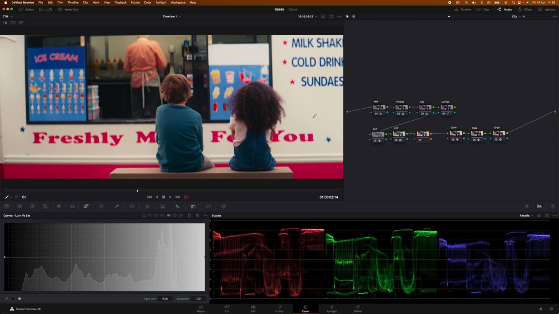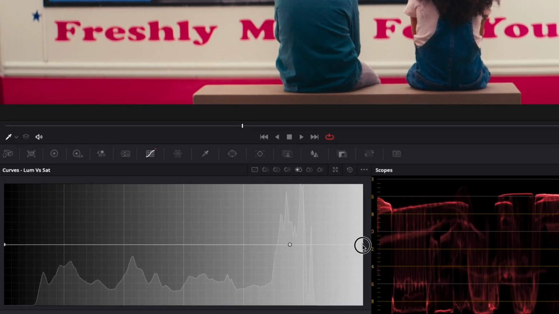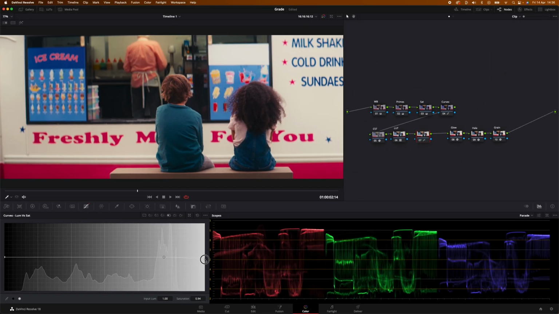As I hold the qualifier tool over the white here, you can see in the scopes that it is in the brightest part of the image. Unfortunately, on this side, it's not that bright, but it's still the brighter part of the image. And we can pick a point here. We take this brightest point of the image and we drag it down. So now this is all the way down, and you can see that we have made a little bit of